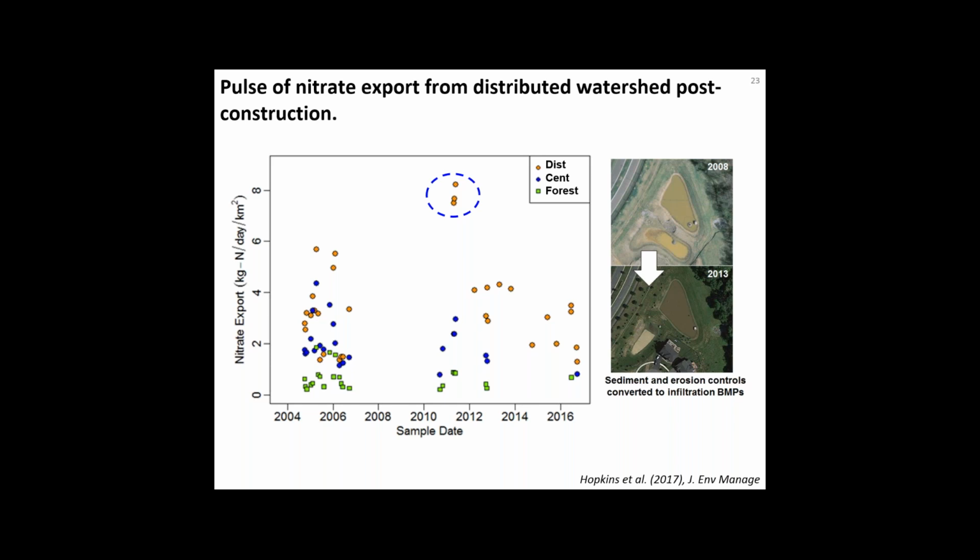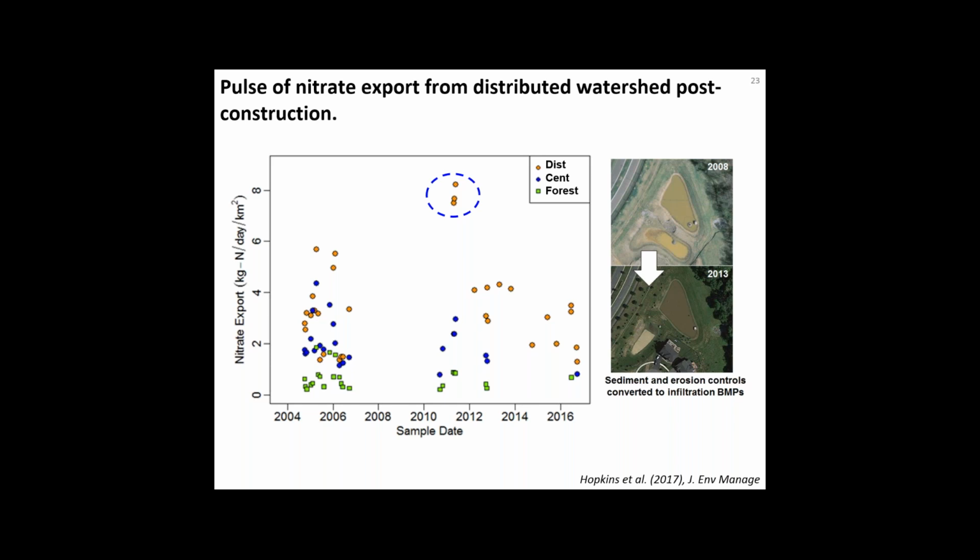So it might just be related to the timing of the conversion of these sediment controls to stormwater management. Also during this time period, there's elevated base flow. So these changes are not necessarily driven by a change in concentration, but rather a change in the amount of